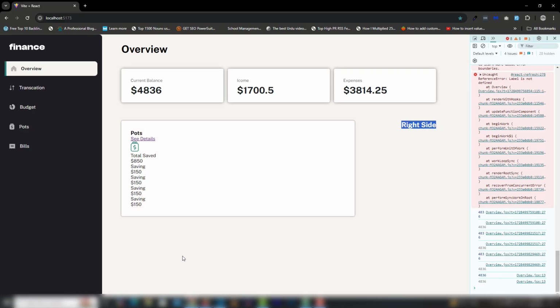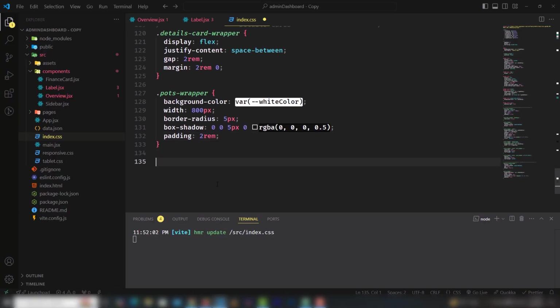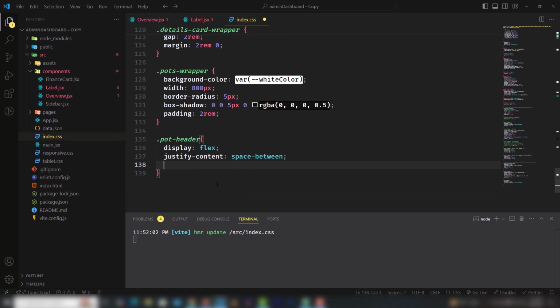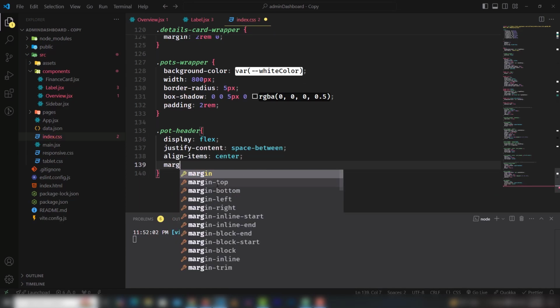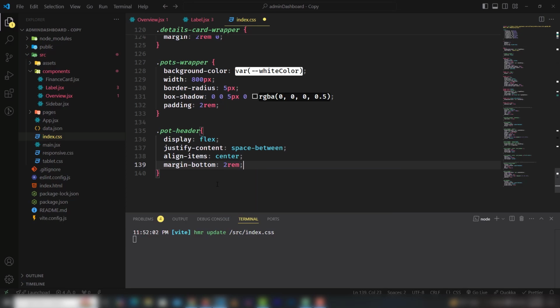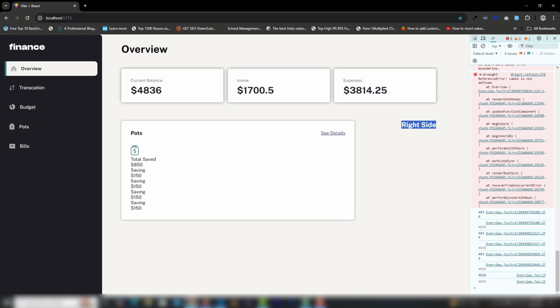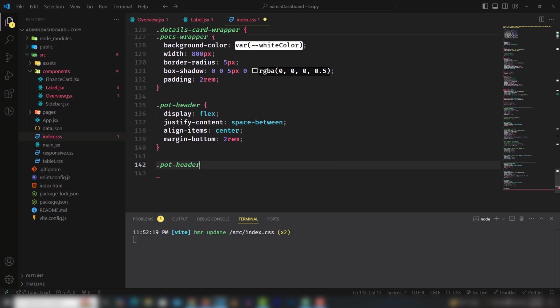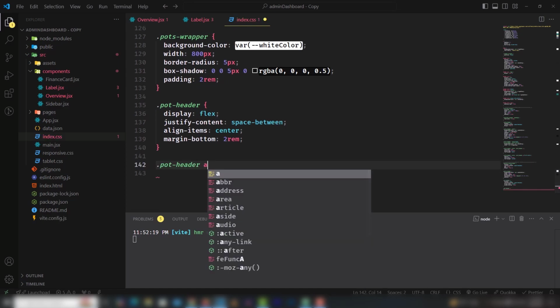Look at that, right? Let me select the port header, use display flex, justify content space between, align items center, and I'm going to use margin bottom to make some space. So look at that, this is a header. Inside the header there is an anchor link, so I'm going to use the anchor link,